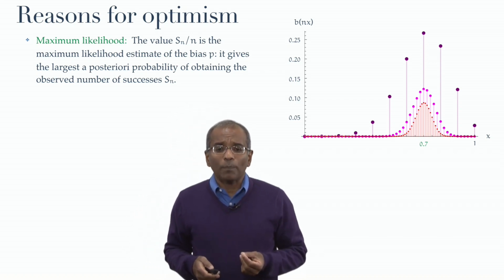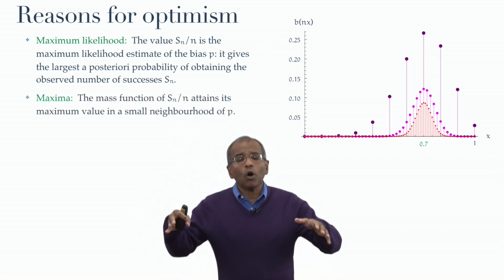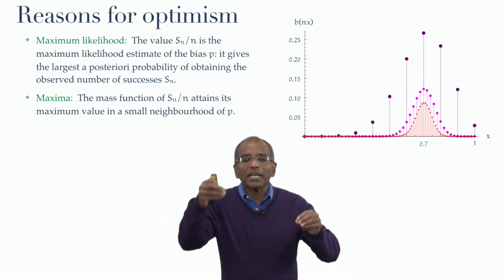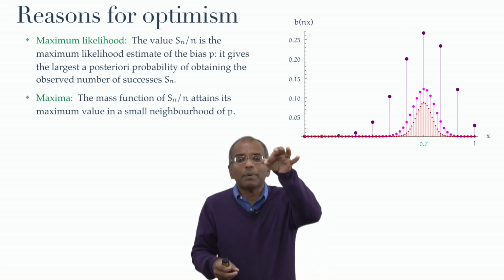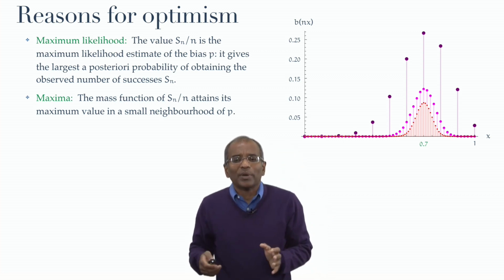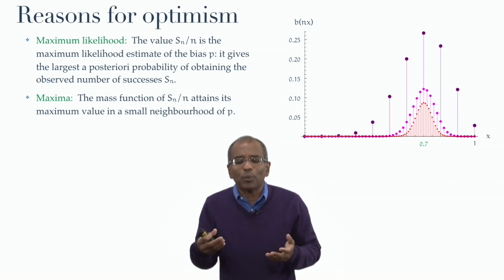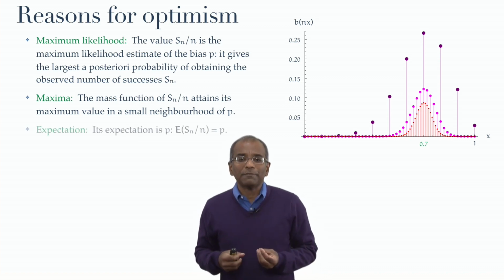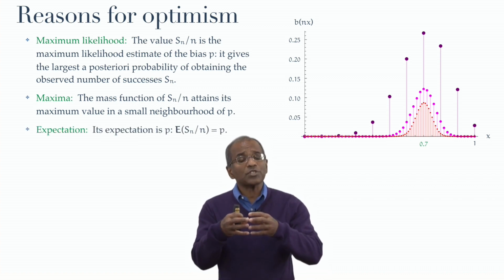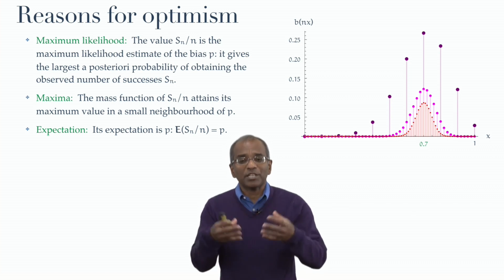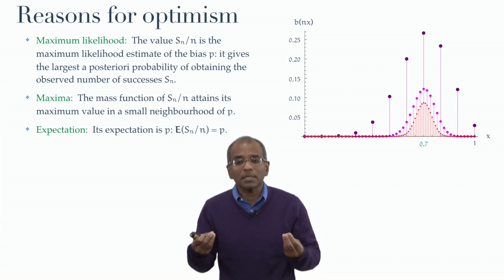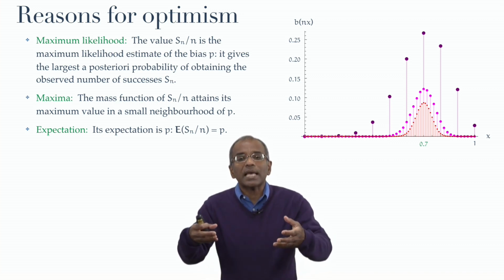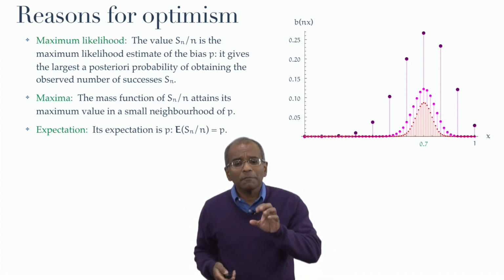A second reason for optimism arises from the form of the mass function. The mass function of Sn over n attains its maximum precisely in the immediate neighborhood of the value p. And so again, this gives us the largest probability, if you will, of getting that kind of value. Yet another reason for belief in the procedure arises from this idea of centrality captured by expectation, the probabilistic center of mass. The expected value of Sn over n is also exactly p. And finally,